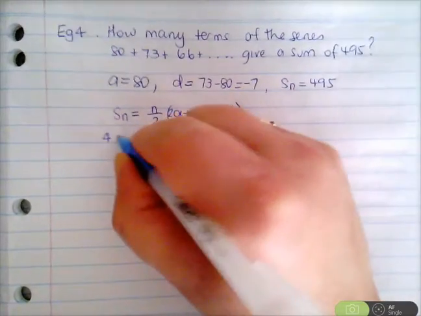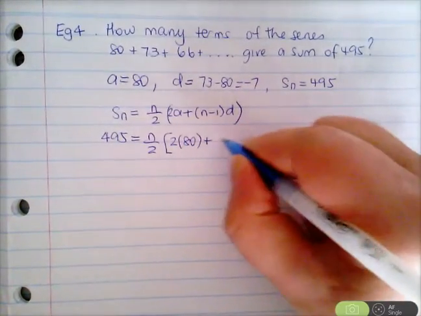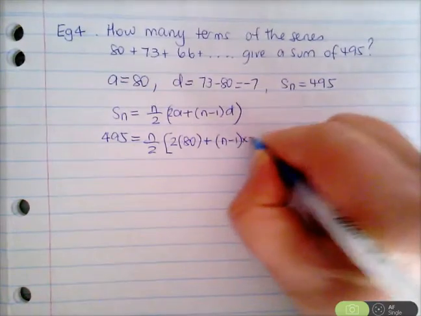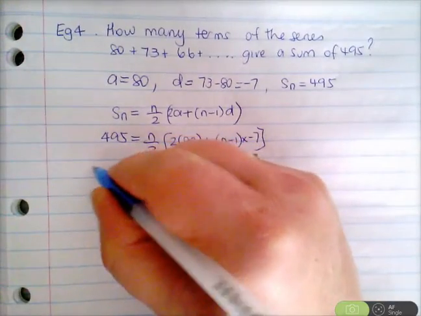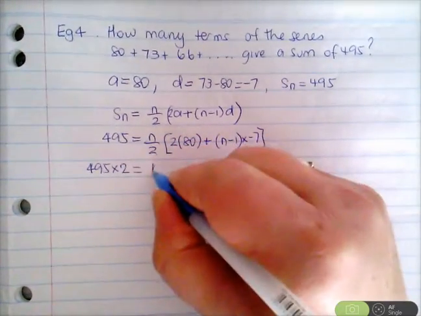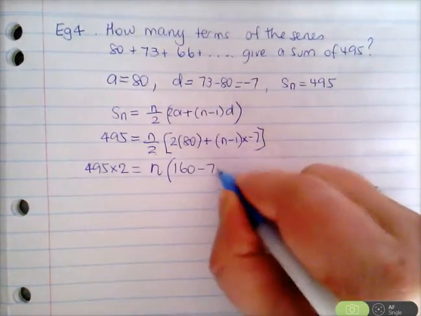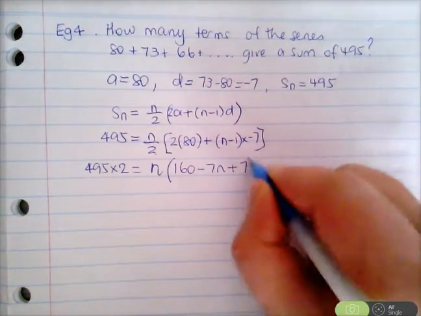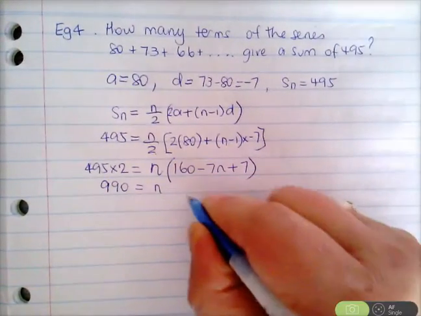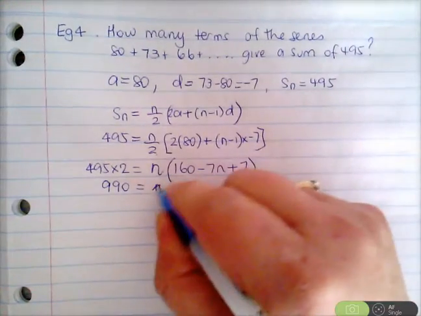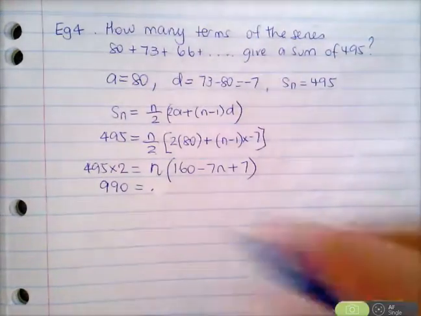So the sum of n terms is 495 equals n on 2, 2 times a, which is 2 times 80, plus n minus 1 times negative 7. Now I'm going to expand that. Actually, I'm going to multiply by 2. So I'm going to get 495 times 2 equals n bracket. Now expanding, I get 160, and expanding here, I get minus 7n, and negative 7 times negative 1 is plus 7. So 495 times 2 is 990 equals n. I'm going to expand actually. So we get 160 plus 7 is 167, so it's 167n